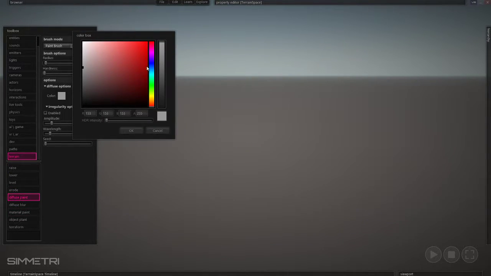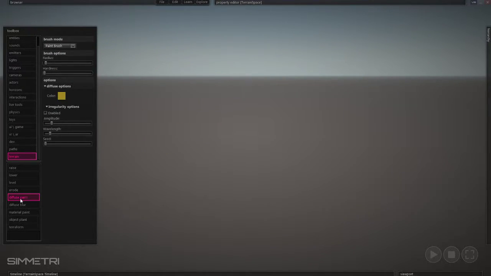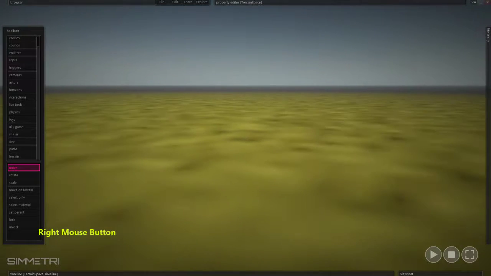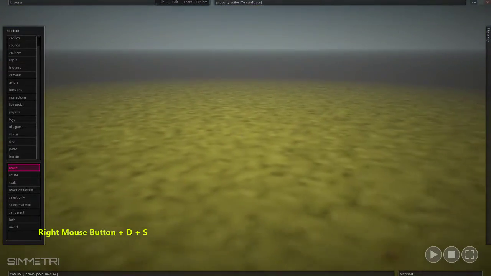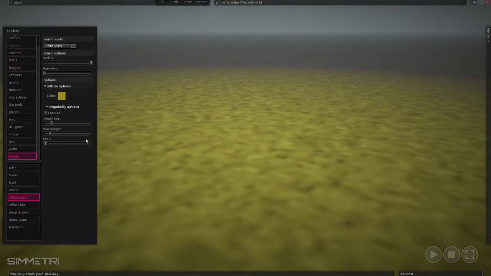Let's create a little, I don't know, like a yellow-orange patchwork on the ground. I'm going to diffuse paint under terrain. I'm going to enable the irregularity options. I'm going to make a huge swath here, and then I'm gonna